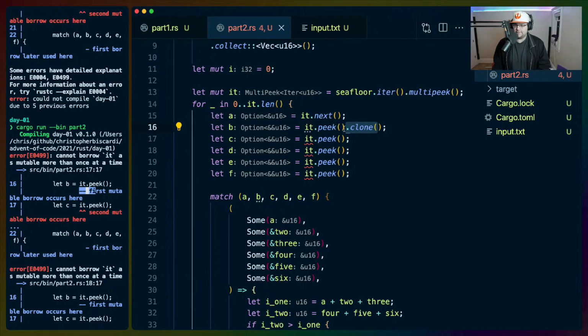We're getting a reference to this inner value, which I think is our problem here. Right, so we have a B, which is a reference to the U16.